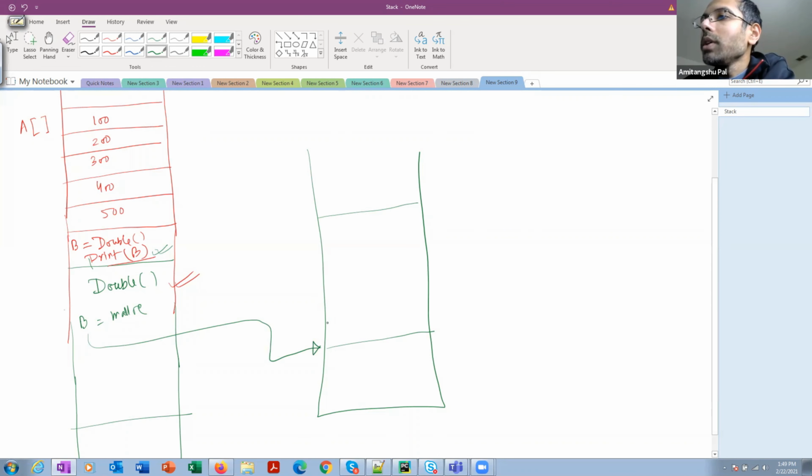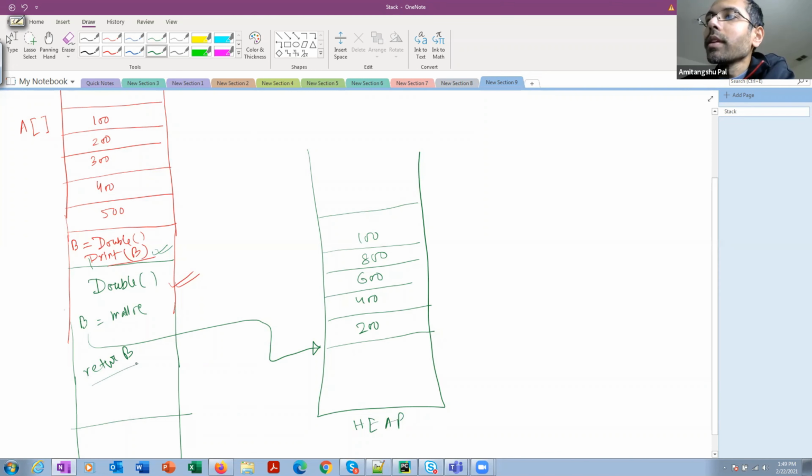And here you are writing b of i equal to 2 into a of i. That means 200, 400, 600, 800, and 1000 will be stored. Okay. So now you are returning b from here. So this is happening in the heap space. So now you are returning b.